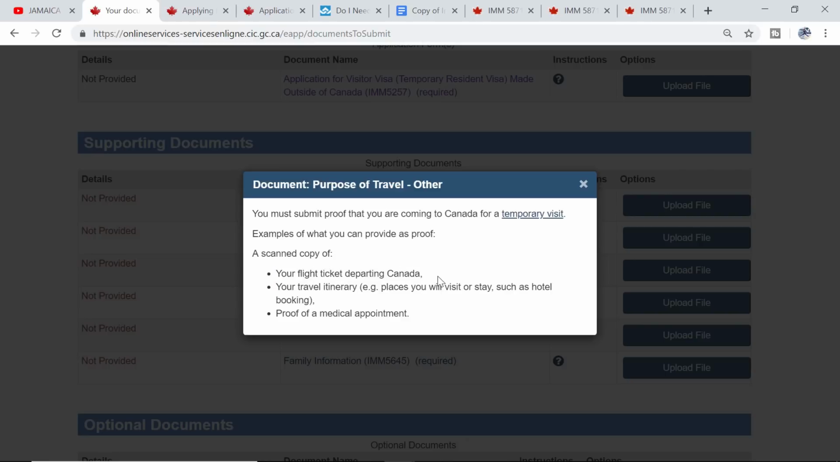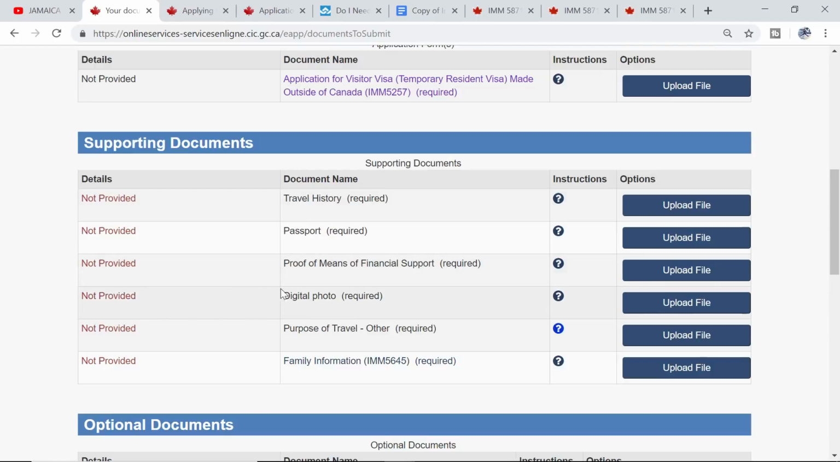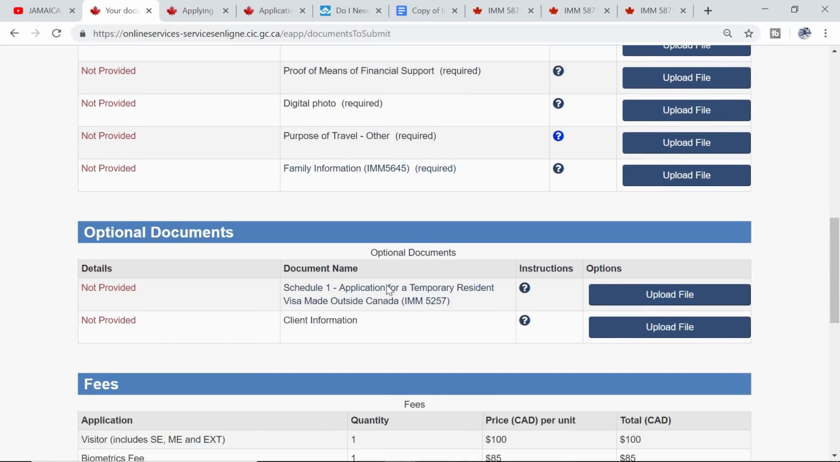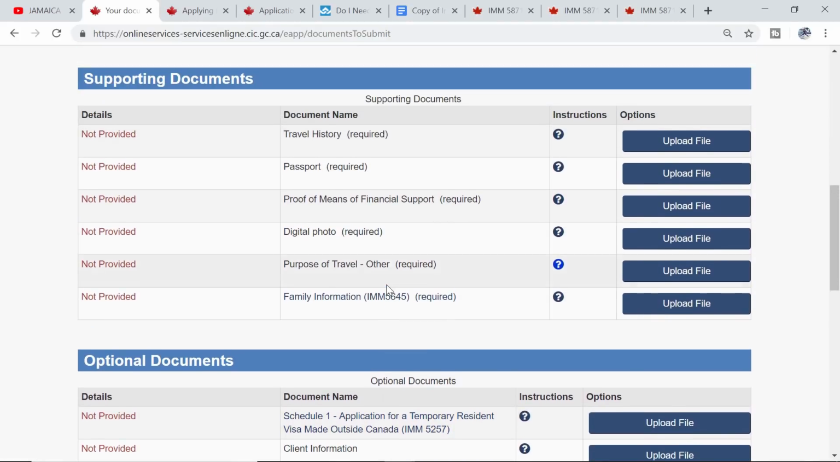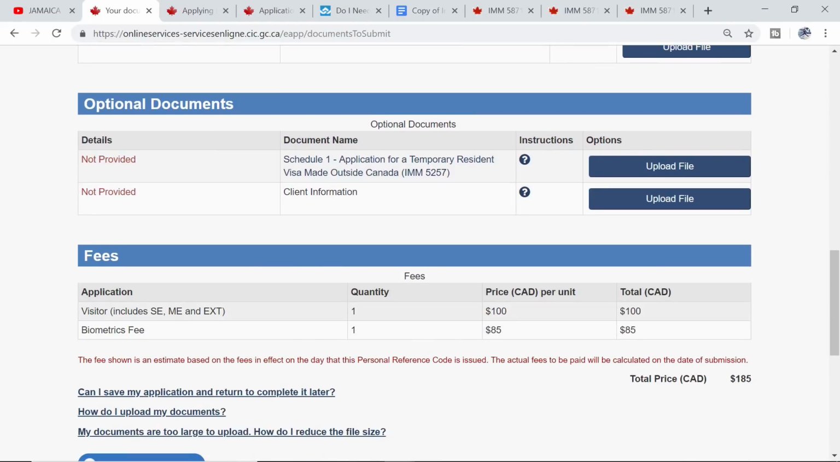Hello, departing Canada, not departing your home country. This means that you are heading back to your home country when you are done being a tourist. Going back to your yard. Your itinerary from a travel agency or anything, and proof of a medical appointment. So this really is helpful for somebody who is actually trying to come here and you don't have anybody to write an invitation letter for you. Okay, so